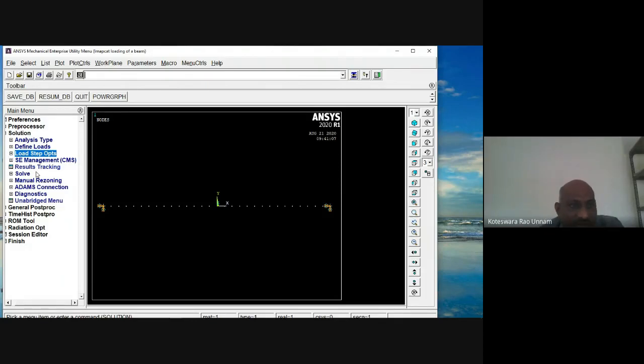So to solve that, I need to go for Solve here. So far what we have done is we are using this option, current load step. Instead of solving for the current load step, now I have to use this option, from LS files. LS means load step files. So I have written the 3 load step files. I'll call those 3 load steps for the solution of this problem.